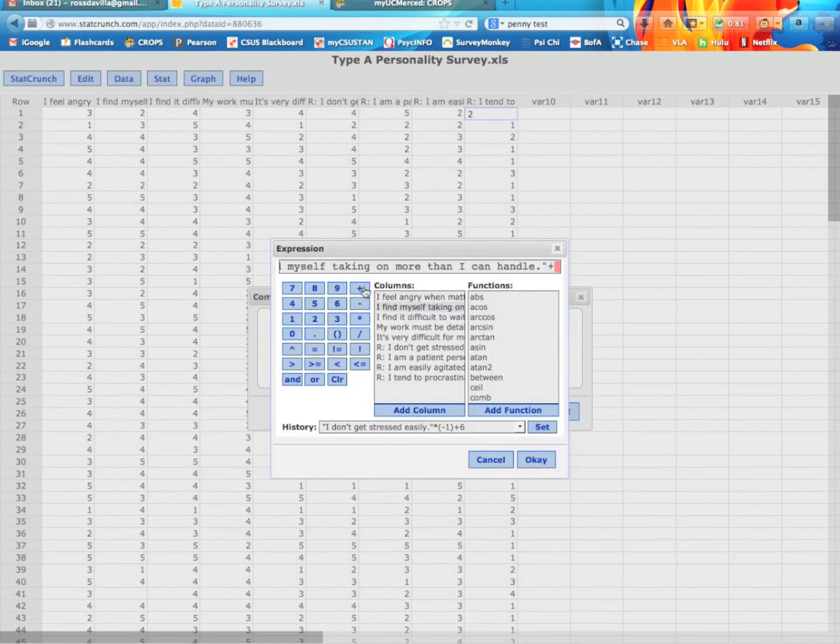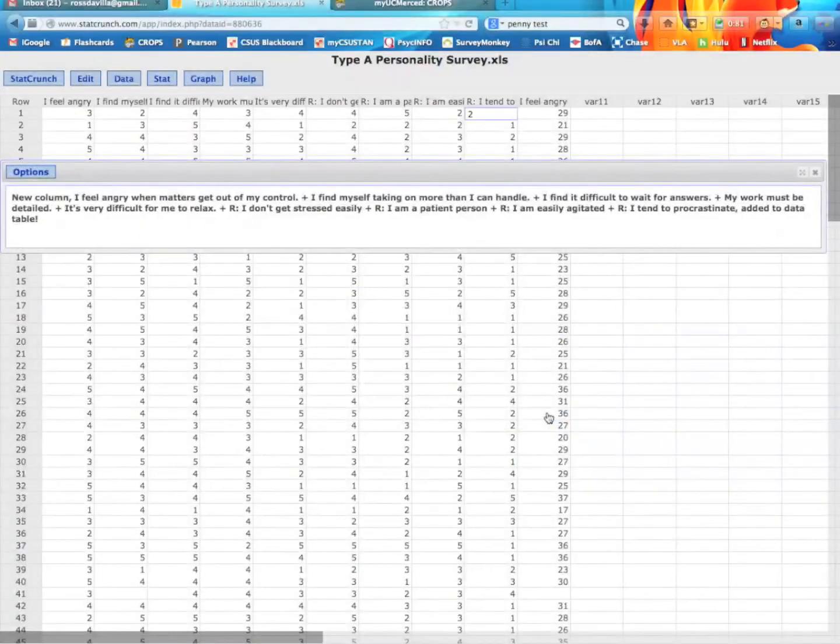So we'll go ahead and do that now. There we go. So we've added up items 1 through 9, hit OK, and hit Compute.